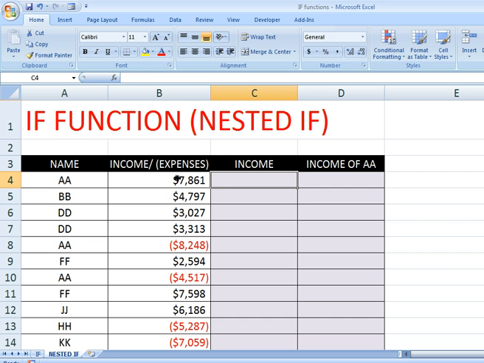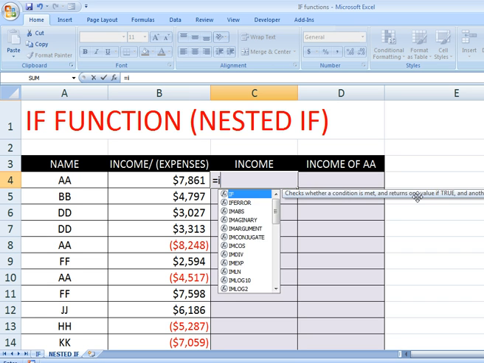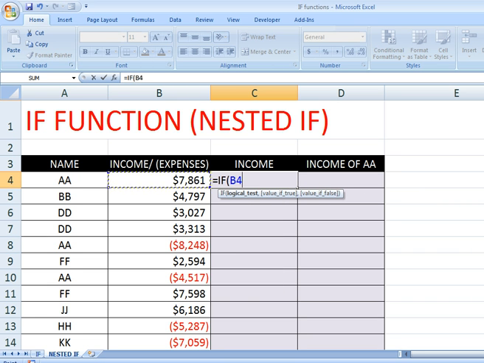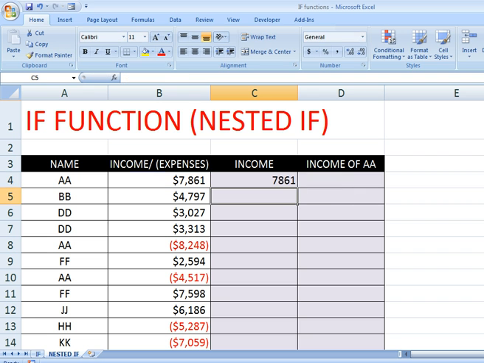So let's do IF: if this is greater than 5,000, then I want the same value, otherwise I want blank. Blank is denoted by two inverted commas. Close parentheses, then press enter.